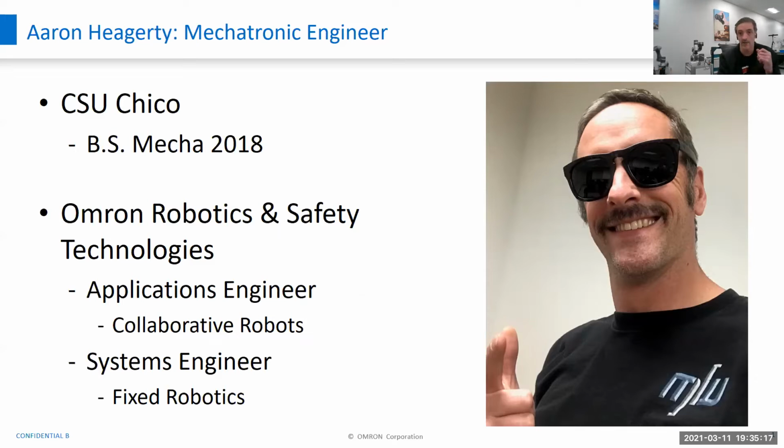Collaborative robots are kind of a new thing in the industry. And I'm sorry if there's noise behind me. We have some construction going on down the hall. So collaborative robots are a new, big up and coming thing in the industry. They're for use around people. You don't need as much safety guarding, cages, things like that. I've got one here behind me that I call Timmy. Say hi, Timmy.